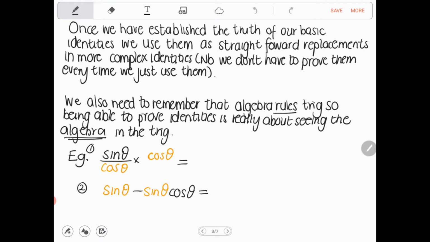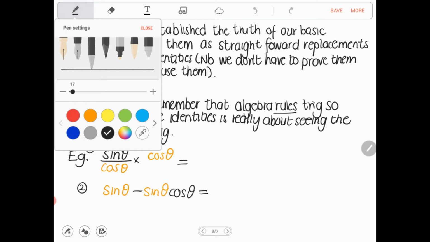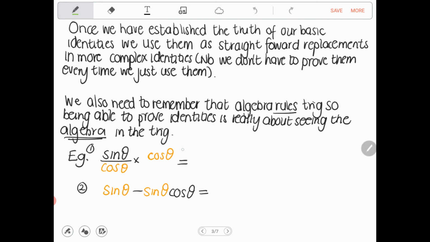So when we're proving identities, 99% of the time we're actually using algebra. We actually need to see the algebra in the trig. So I just wanted to show you some quick examples. So if I said to you, multiply sine theta over cos theta by cos theta, we would use our normal algebra rules. Okay, so whole number, so it would get a denominator of 1 because I'm multiplying whole numbers and fractions. So we would put this over 1,